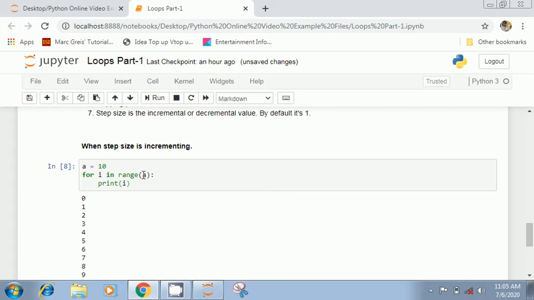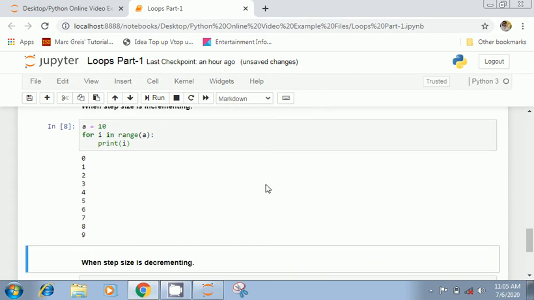One position before this will be included, and then the step size will be 1. So see, it is starting from 0, incrementing 1 by 1 and going up to one position before this value of 10. If you count 0 to 9, it will give 10 values.